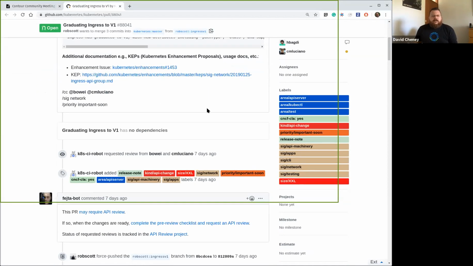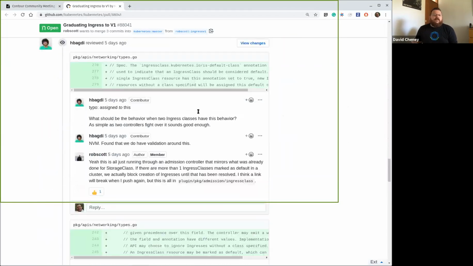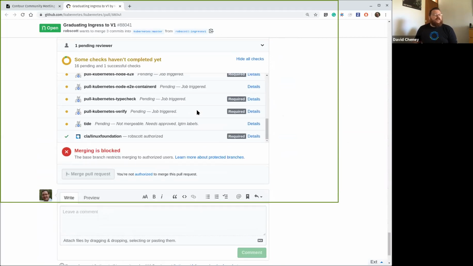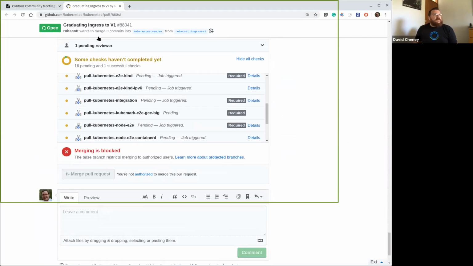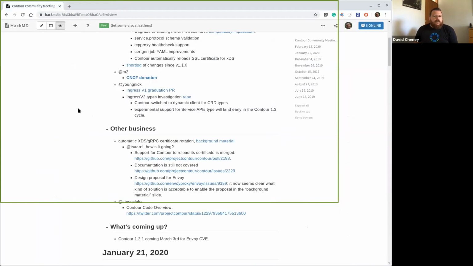The easiest way to say it is that we know it's coming, we're tracking it, and there's no point in doing any work until the actual bits are available upstream. So apart from being aware that we want to do this work, we're not going to jump the gun.